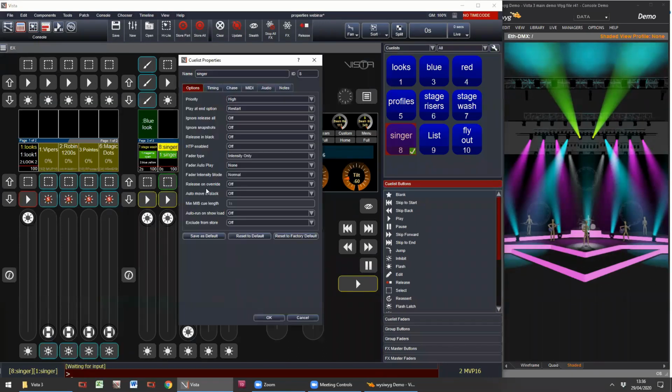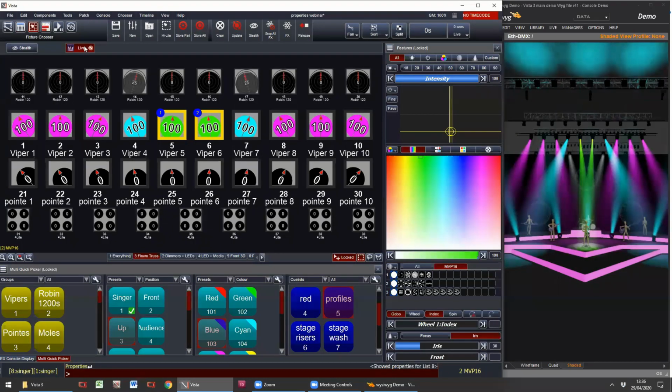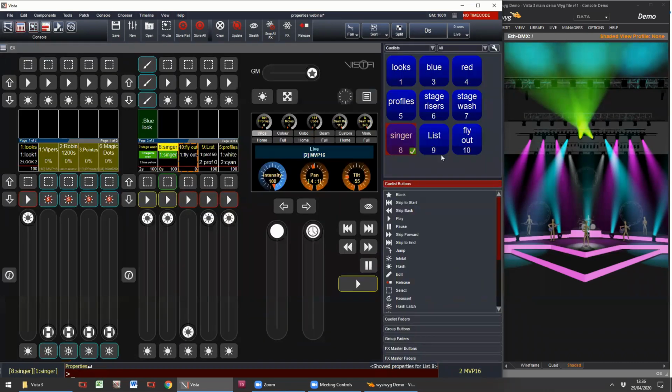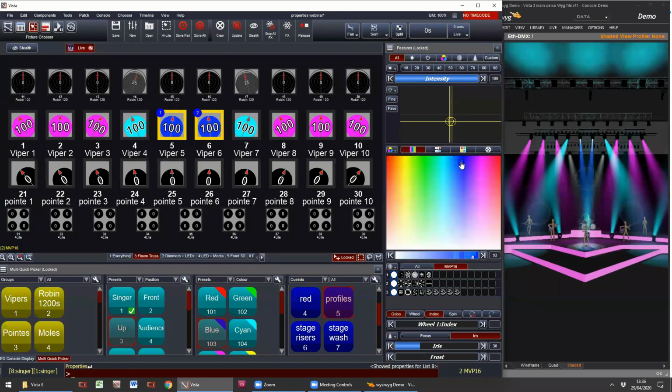And when you're in the Cuelist properties, that's what the programmer priority means. This means that this Cuelist is then on an equal level with the fixture chooser live tab programmer. So if we go and change this position to say up in the air again, this is now working on an LTP basis. That was the last action, so it's gone green up in the air. If I press play and reassert this cue again, this is then the last action, so it will come back down. So these two can work on an equal level on an LTP basis,